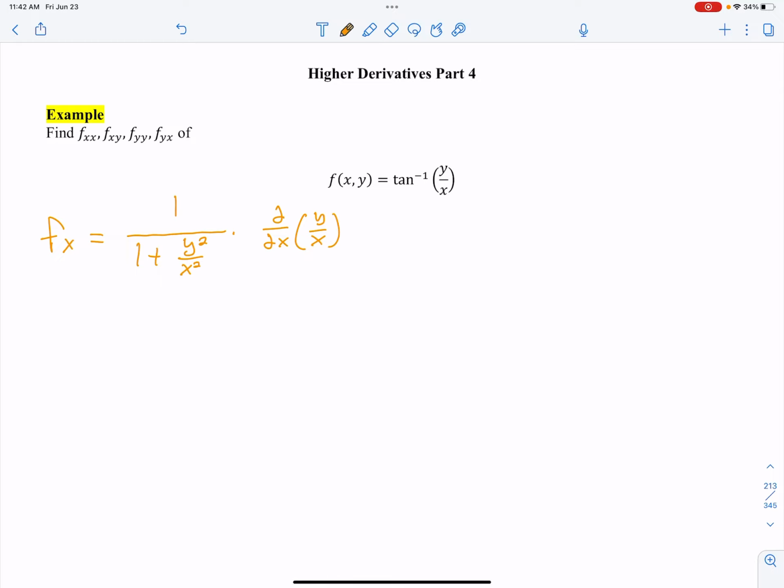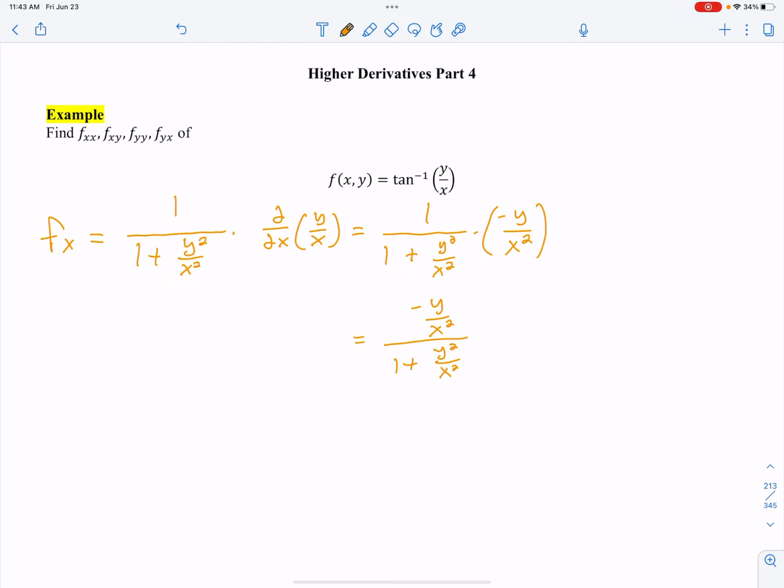Okay, so if I work that out, I got 1 over 1 plus y squared over x squared times, okay, the derivative with respect to x is going to be negative y over x squared. Okay, so what this gets me is negative y over x squared over 1 plus y squared over